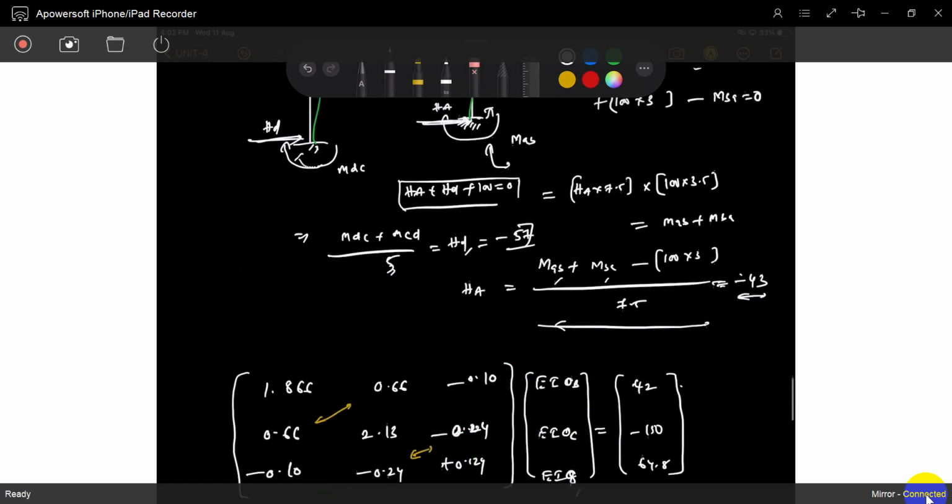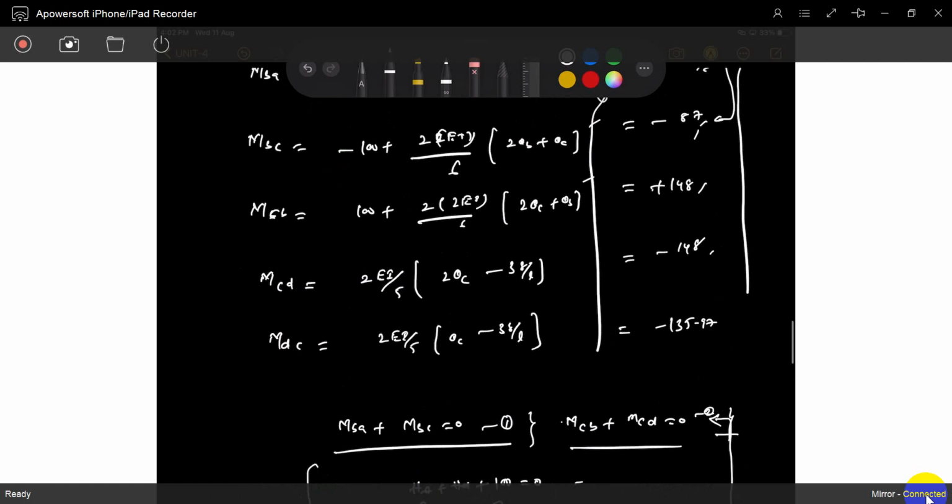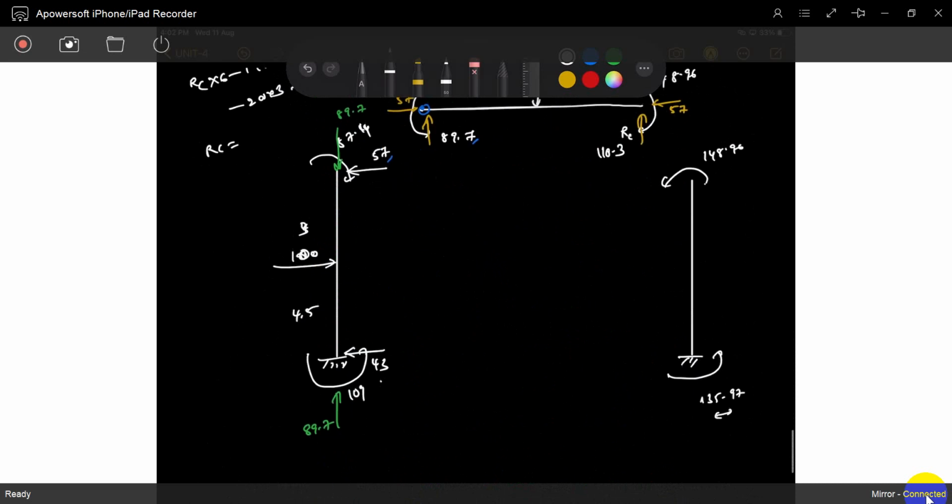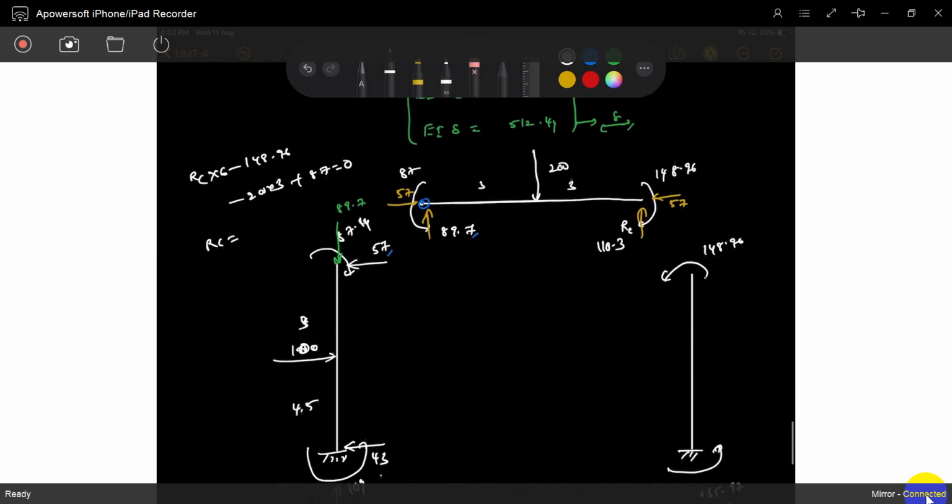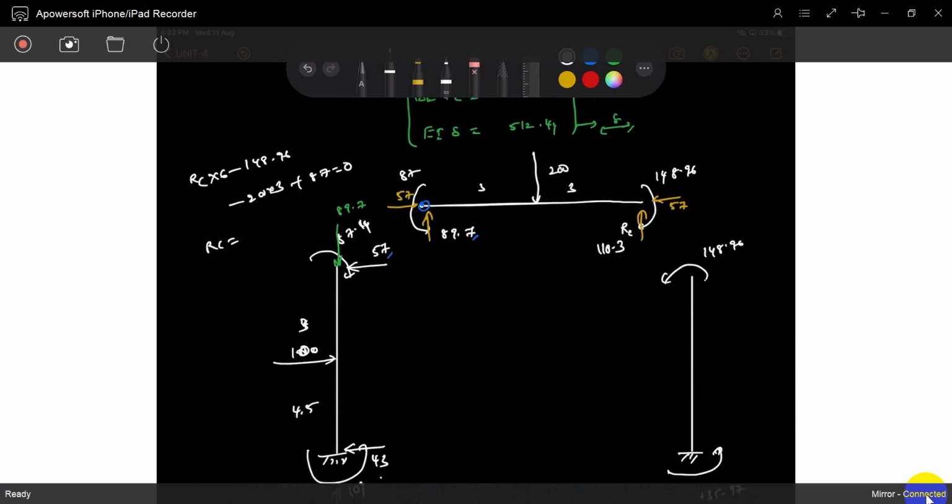This is also what we will get, 148. Both are negative. So this is right, and you can observe it. So 57 is applied compulsorily. It's applied, a 57 here. So that's why 57 is applied here.